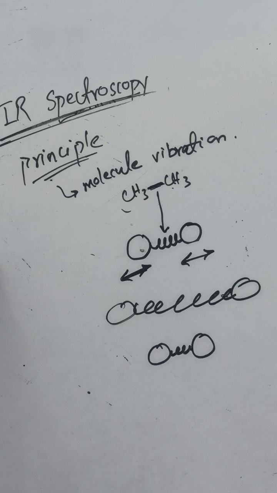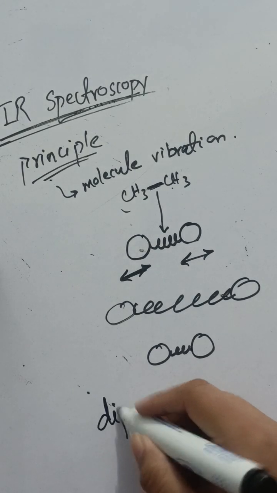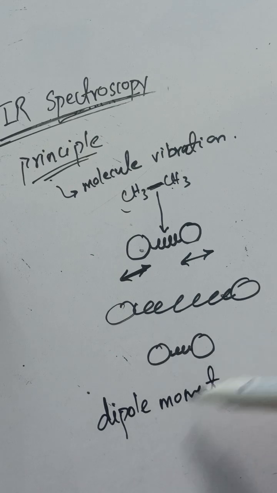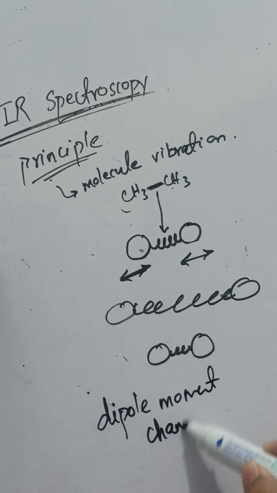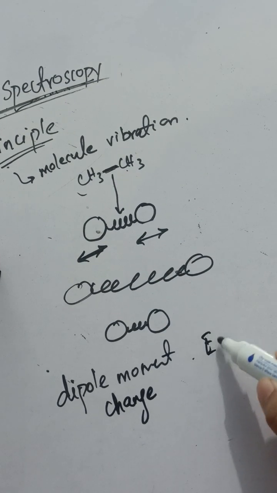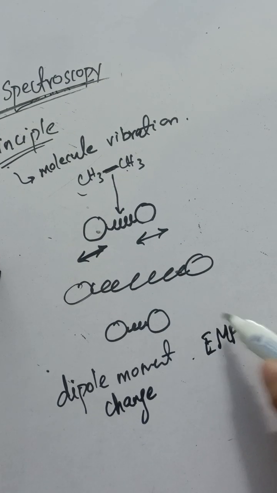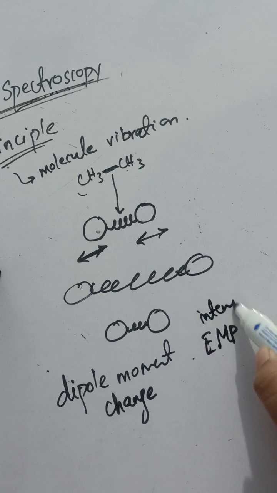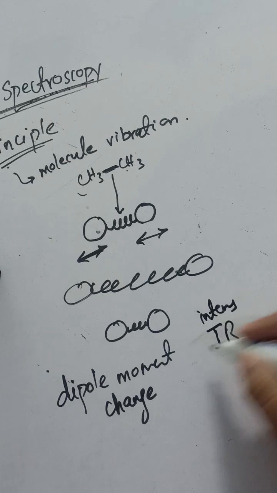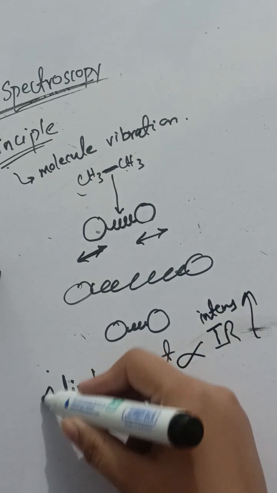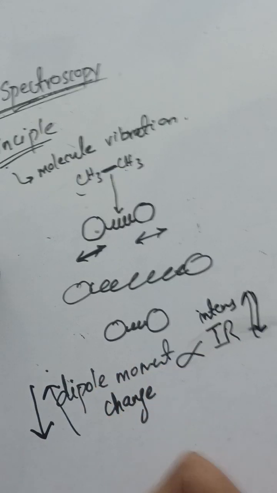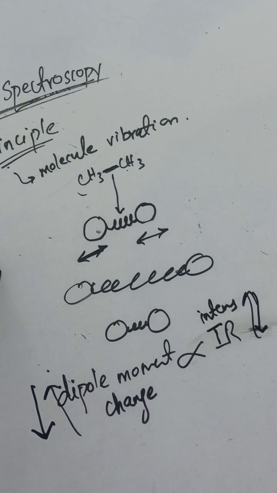So it means the dipole moment will change when the IR spectrum is applied. So it means when we apply a high energy or intense IR, there will be more dipole change. If we apply less intense IR, the dipole moment change will be low. Okay,